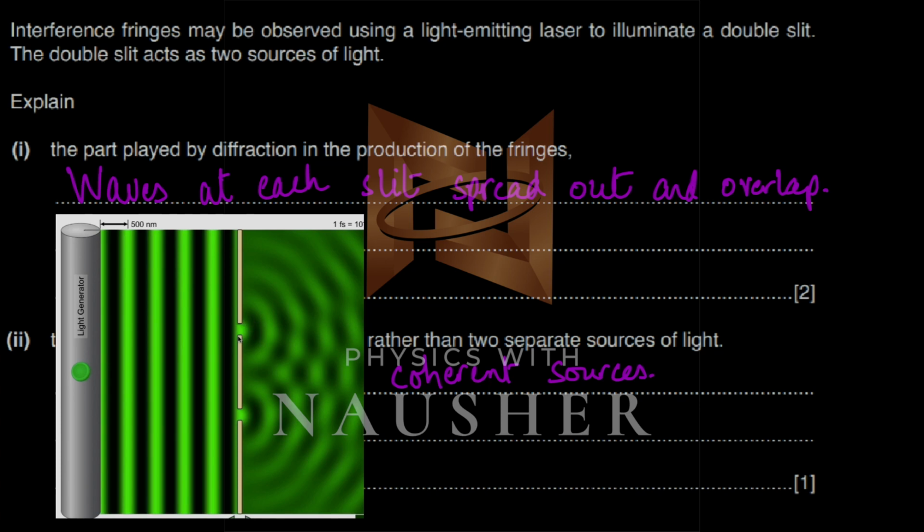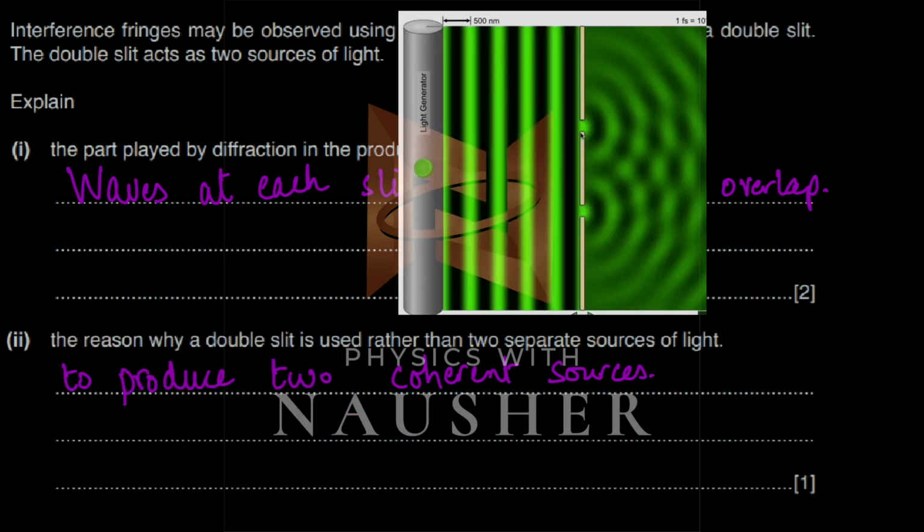So what is the part played by diffraction? The diffraction causes the waves to spread out. You can see that they spread out, and then when they spread out, they overlap, and then based on how they're overlapping, you have constructive and destructive interference. And the second part is, why do you have double slits rather than 2 sources of light? Because these 2 slits have the same source behind, so both of these slits will produce 2 coherent sources. If I have 2 separate sources, they may not be coherent, and if they're not coherent, then they will never